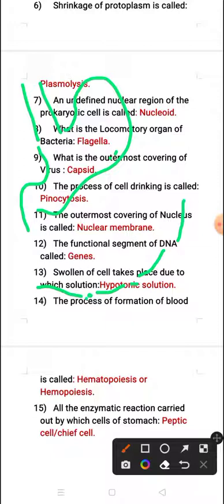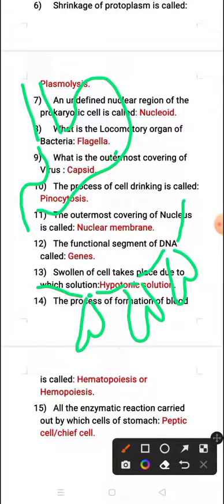Clear? In the gastric pit, what happened? Here again, there are glands in the gastric pits. Clear? In the innermost layer of the stomach, this is your mucosa layer, there are pits, holes here. That is a gastric pit. In the gastric pit, there is a gland. That is called a gastric gland.